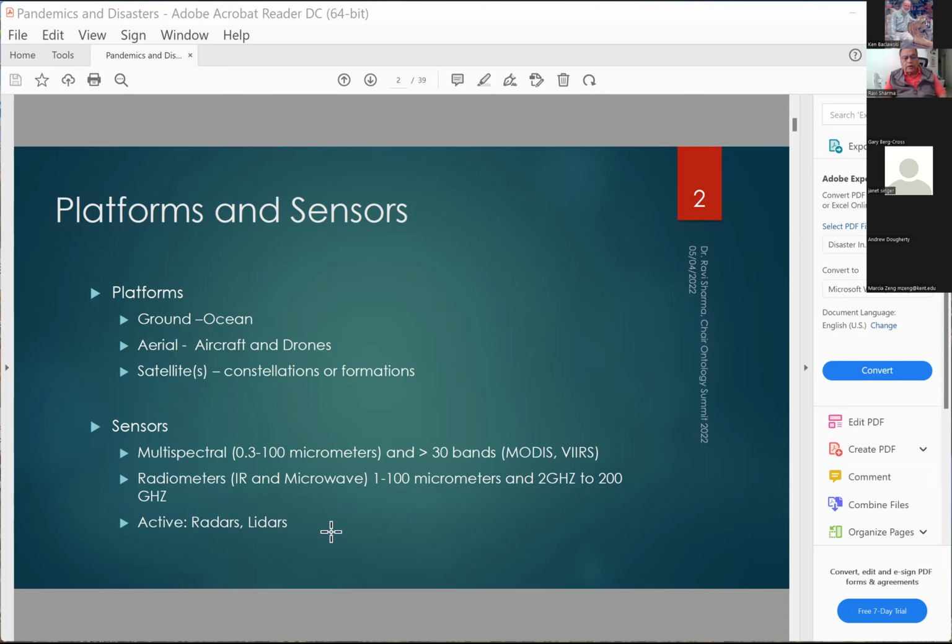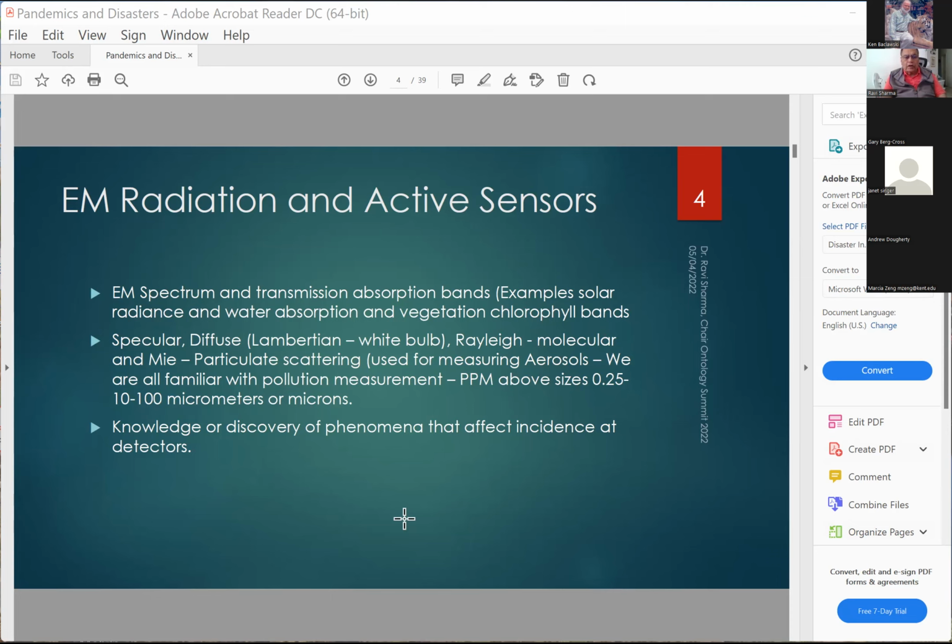The nature of the signature is also important. If we are looking like a mirror with a very sharp focused light, we get specular reflection. If you get a white bulb in which you can't see the filament like a tube light, it's called diffuse or Lambertian